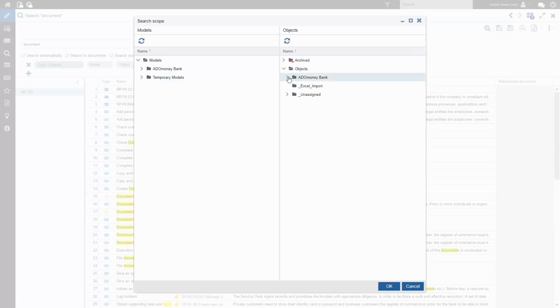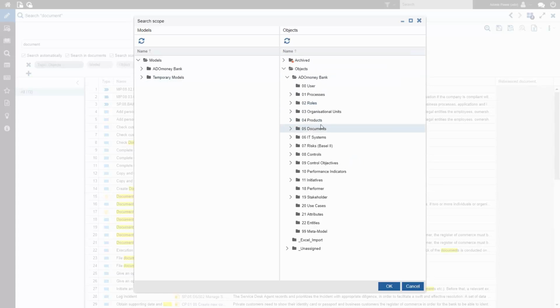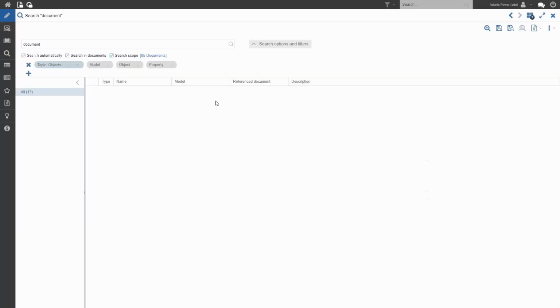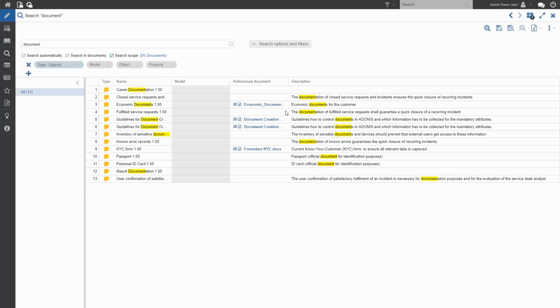So we can look here at our documents. Maybe we select documents, including all subfolders, and that will filter our search results to only show where the word document is found in that area of the repository that we've defined.